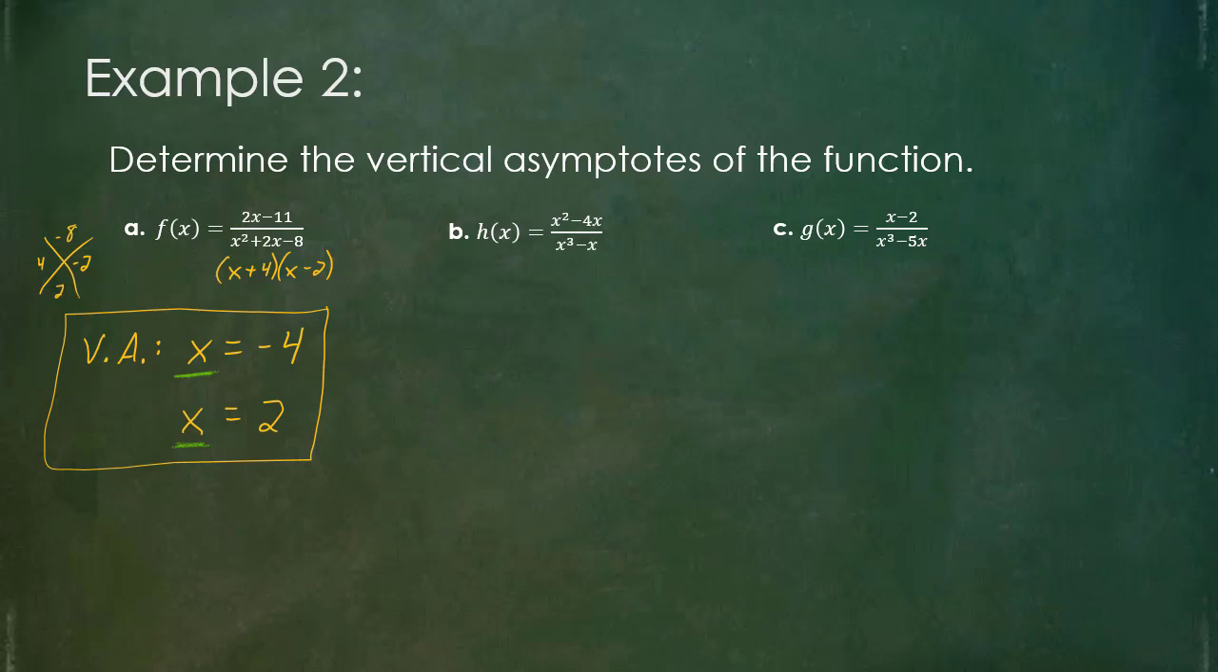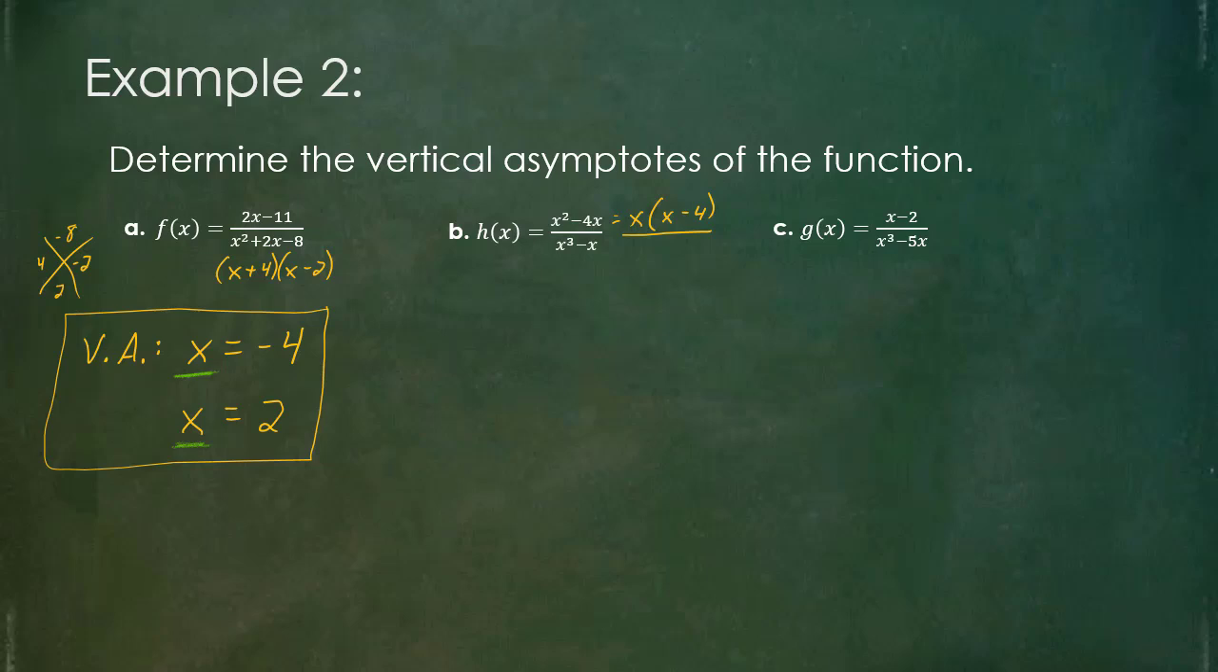If I look at the second one, now this time the numerator actually can factor. They both have an x in common, so I could factor that out. That would leave me with x minus 4. So if I get either of those factors in the denominator, then I should reduce first before I find my